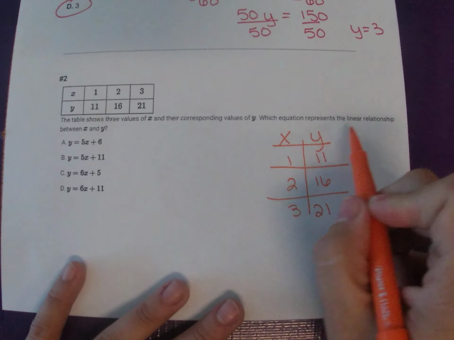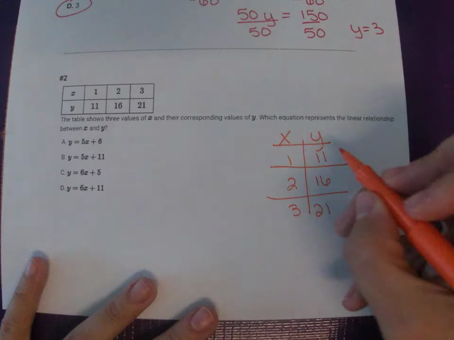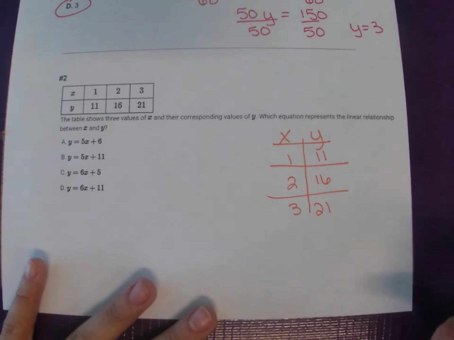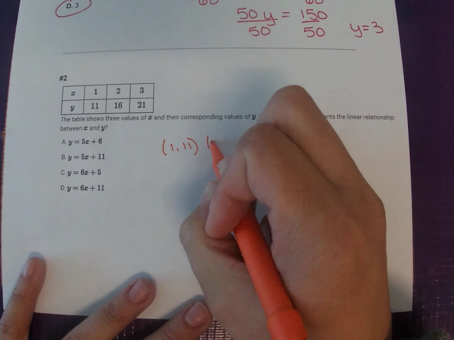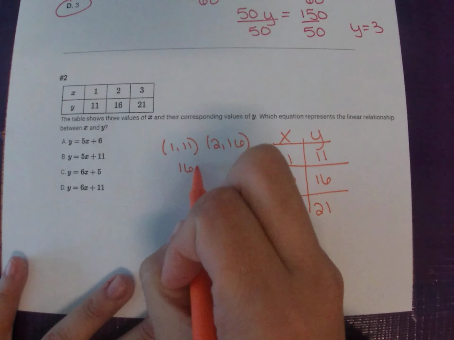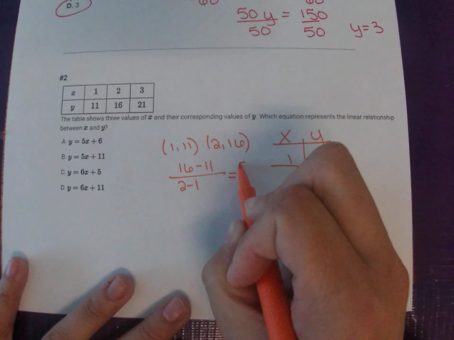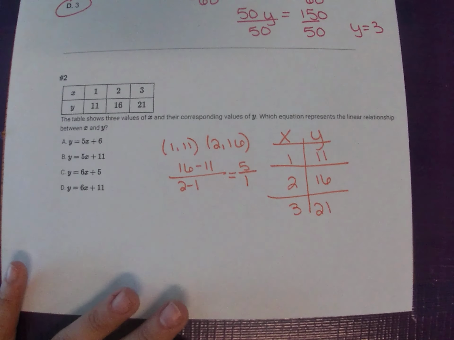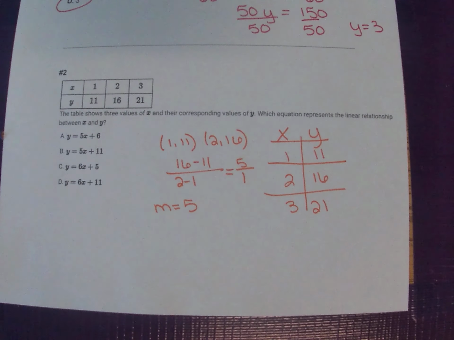Okay, and it wants to know what equation represents the linear function, right? So we're just going to write the equation of a line. You can find the slope either by picking 2 points or by finding the distance here. So if you pick the point (1, 11) and (2, 16), right? Our slope is going to be 16 minus 11 over 2 minus 1, which will give us 5 over 1. So we know our m is going to equal 5, so that should narrow it down to our first 2,